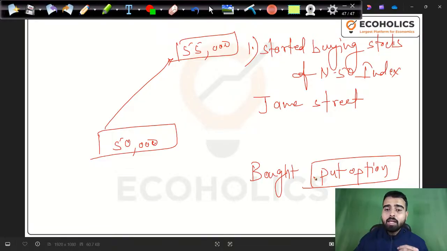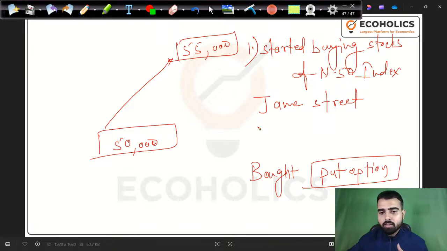It means they bought the put option, they will be exercising. Obviously, they are buying the options. It means they will be having the right. They said we will buy, we will put. It means we will sell if the prices go down. Okay,